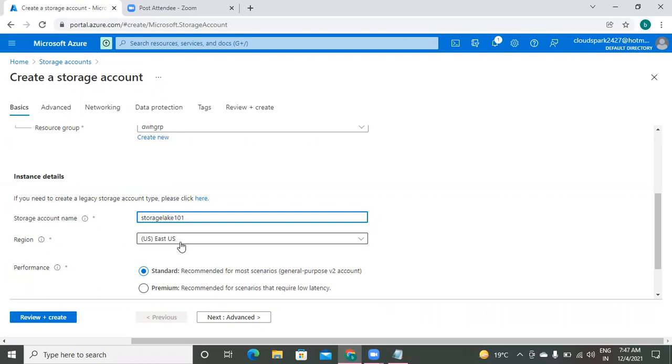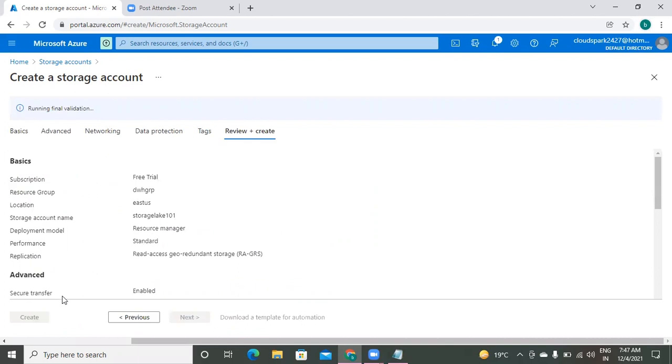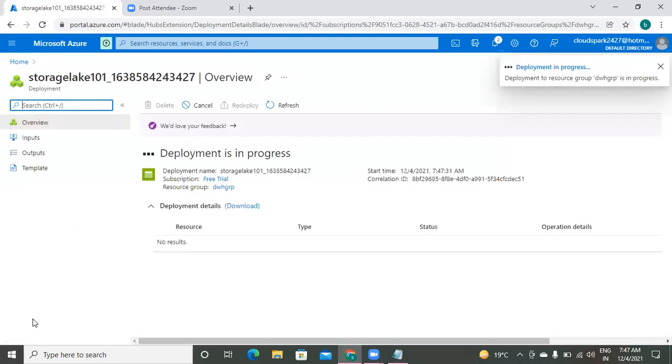For the region, I'm giving the performance model, standard model. Remaining as usual, I am keeping. Just click on review plus create. So validation successful. Now we can create it. I am creating this. Here deployment process is in progress.